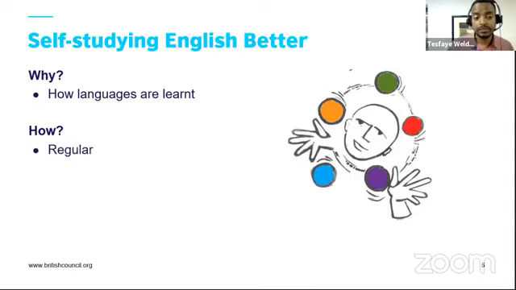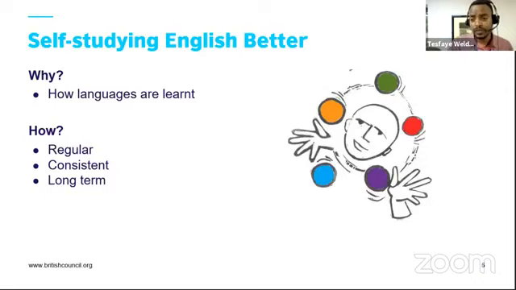So the key thing is it has to be regular. So if you're going to learn 5 words a day or 5 words a week, then it has to be regular. So on those schedules or plans, and it needs to be consistent. It shouldn't be something that you start and stop and continue again. It doesn't work like that. It will lag your progress. So it's important again to make it consistent, that you do this non-stop for a long time,